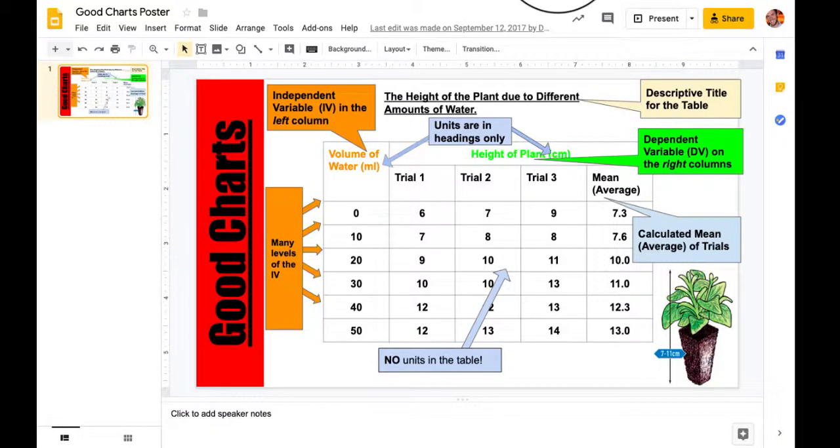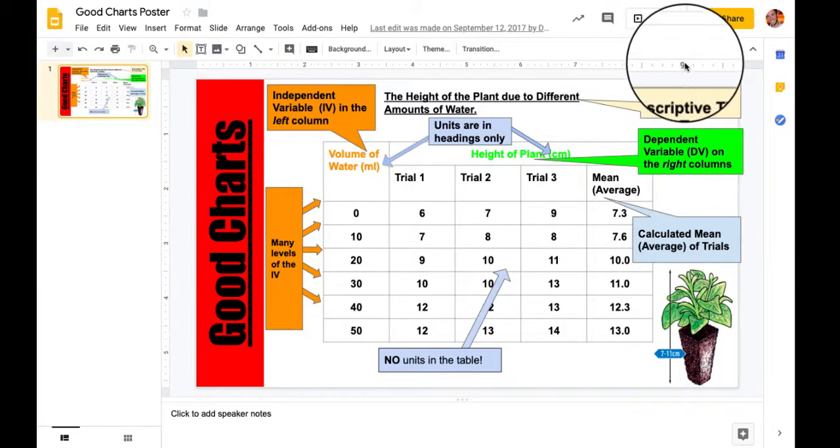So you've collected your data and now you're ready to make a graph. You can hand draw your graph, or if you choose to make it in a spreadsheet program like Google Sheets, I'm going to show you today how to do that. So just a couple things to look at before you start to actually go into the Google Sheets program is